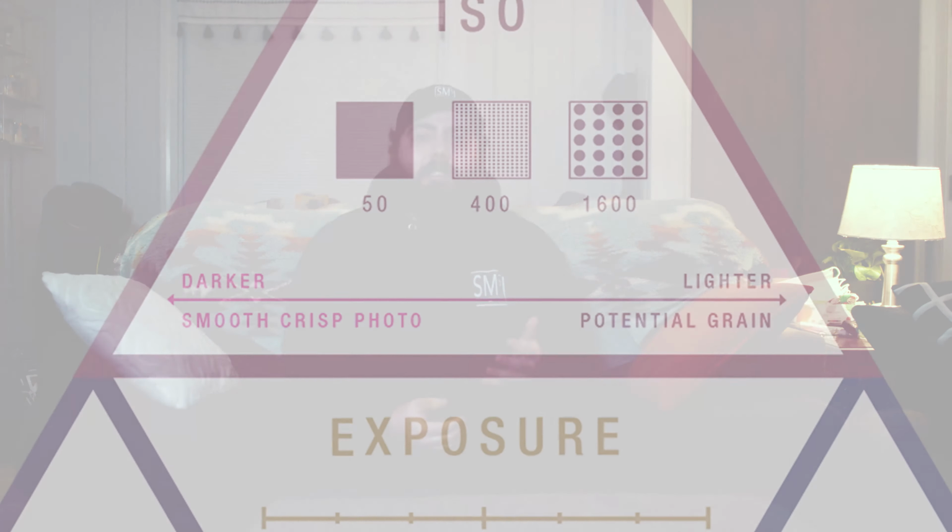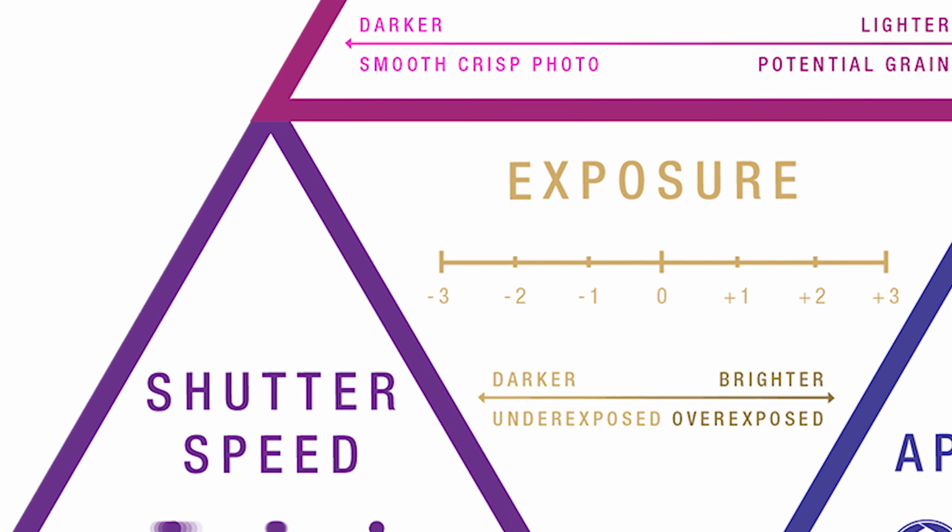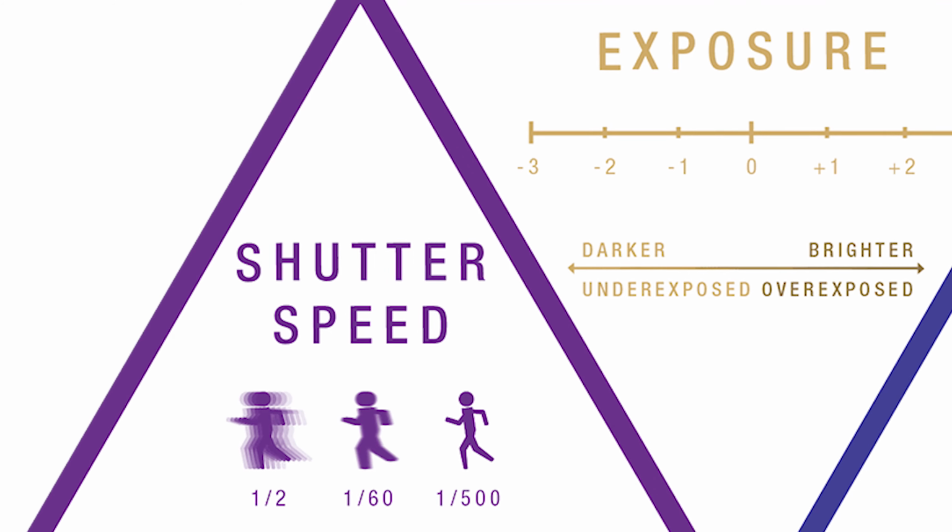Now, the lower your shutter speed, the more light you are actually able to capture in between the frames of your image, meaning that your shutter speed actually affects your exposure as well. So utilizing your ISO level and your shutter speed, you can help fine-tune exactly what level you are looking for